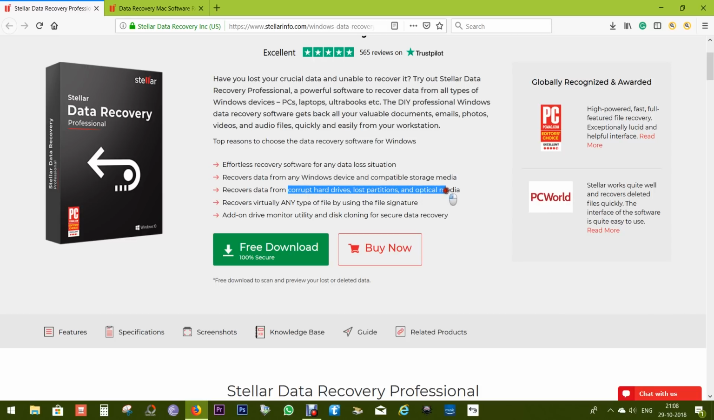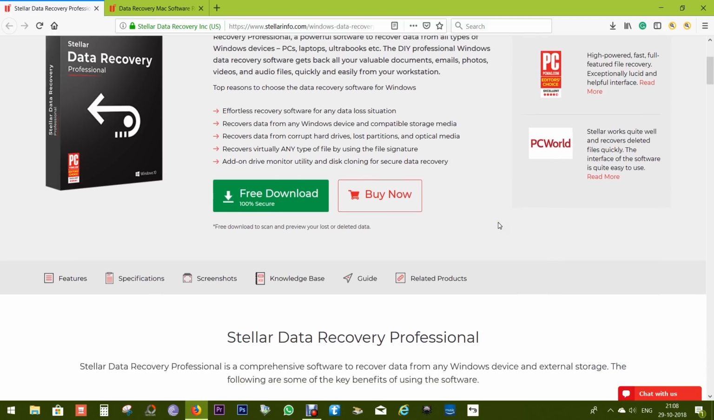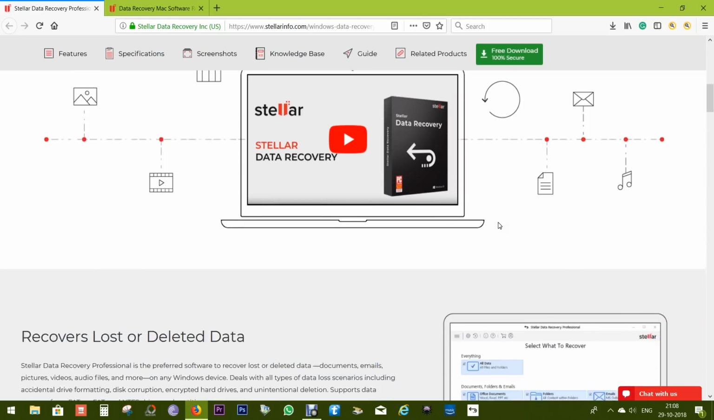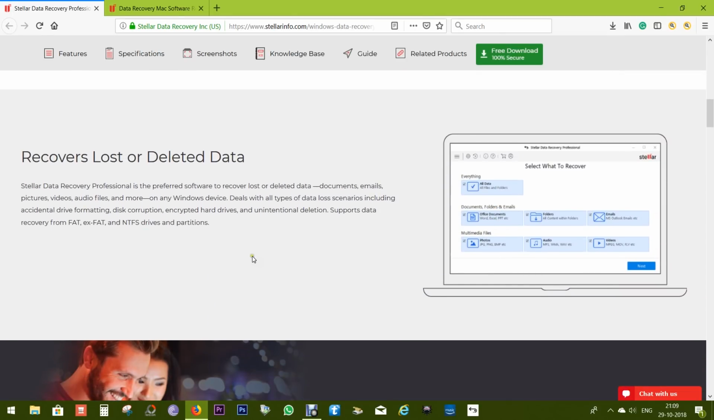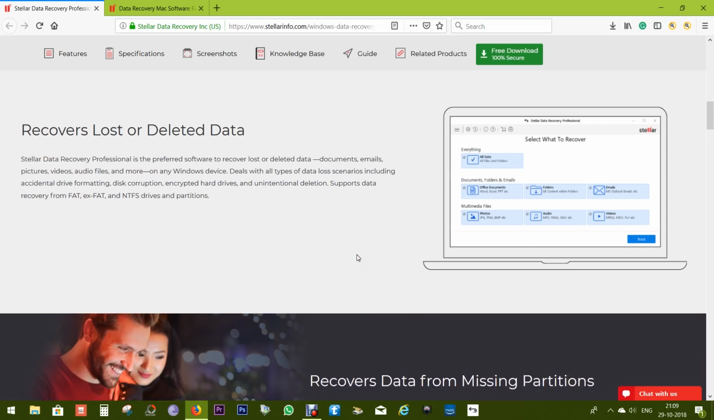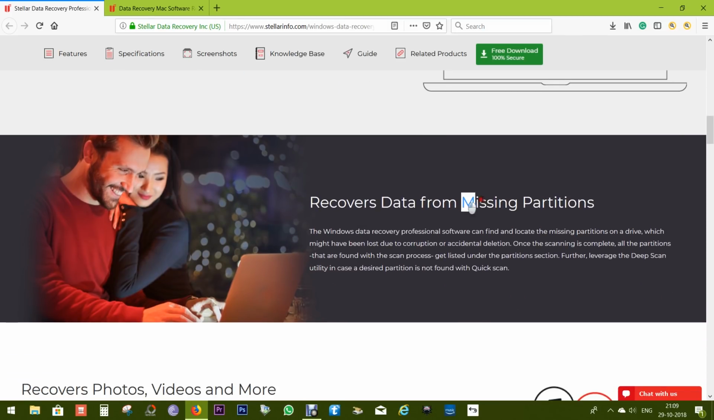This software can recover data from corrupt hard drives, lost partitions and optical media like CD, DVD, Blu-ray drives, and this works even if your crashed hard drive is inaccessible, unmounted or even formatted. This software helps you find those lost partitions or drives, and it supports data recovery from FAT, exFAT, NTFS file formats, and as I mentioned before, no matter what happened to the drive, even if the file structure is corrupted or encrypted due to any accident or any virus attack,